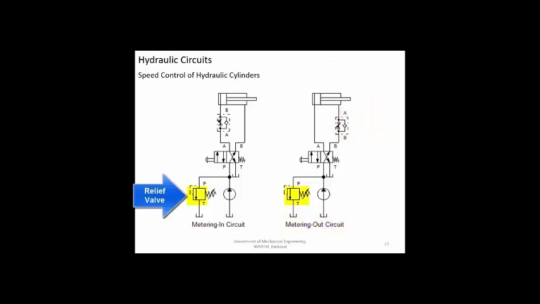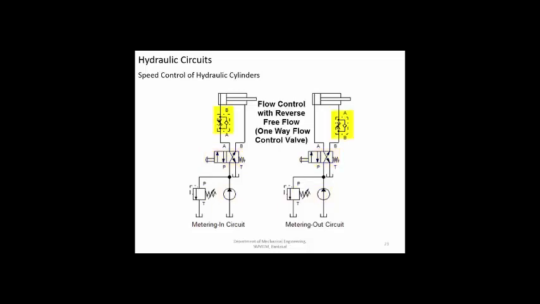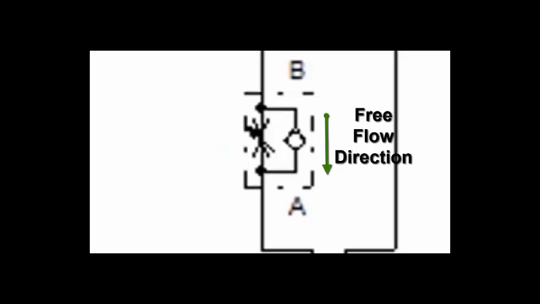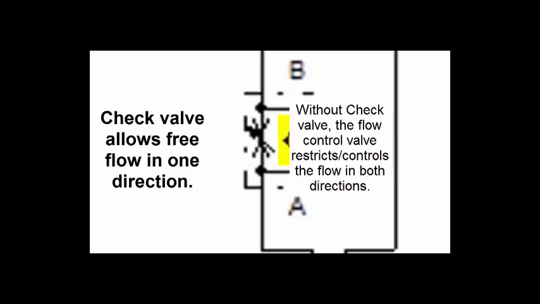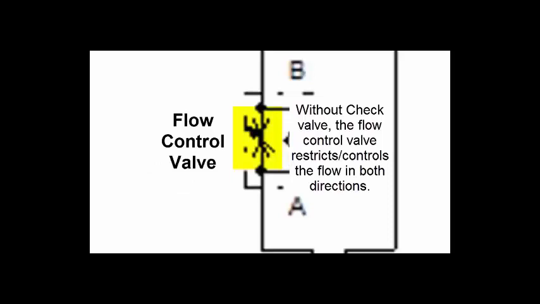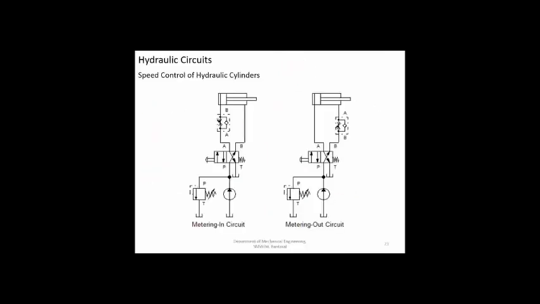Here you can see the pump, the 4x2 control valve, and the flow control valve, which is a free flow type. So the flow control will take place in only one direction; in the other direction the flow control will not take place, and the fluid is free to flow. If you did not have this particular check valve and had only a simple flow control, then it would control the flow in both directions. So in the forward motion as well as the retraction motion, the speed will be controlled.